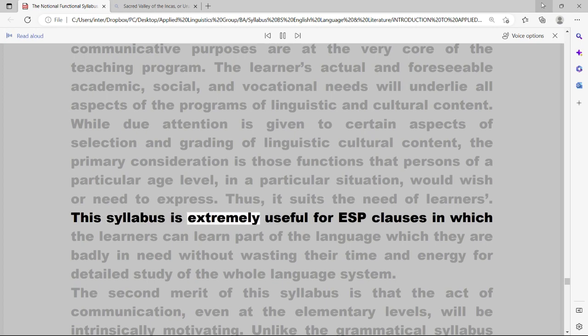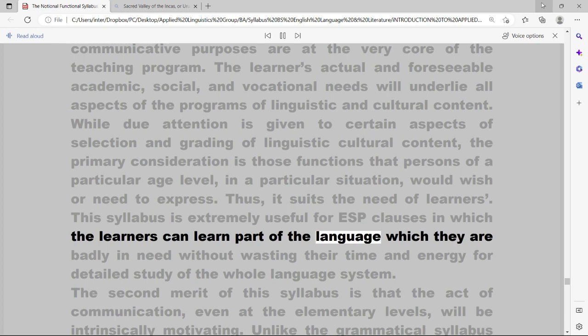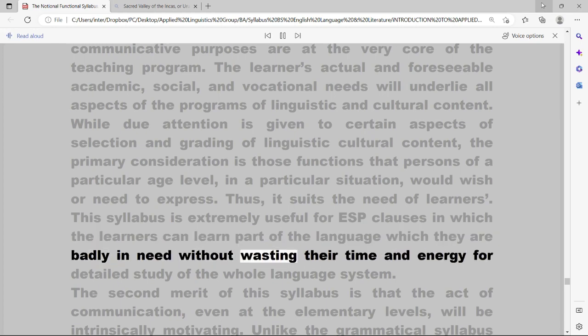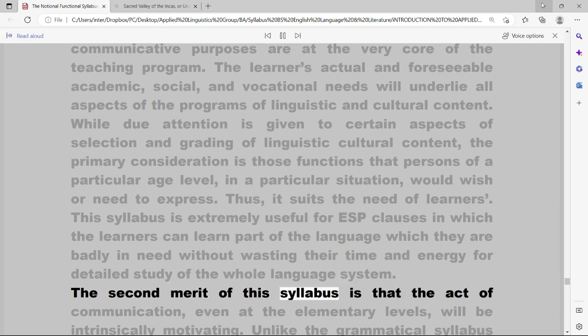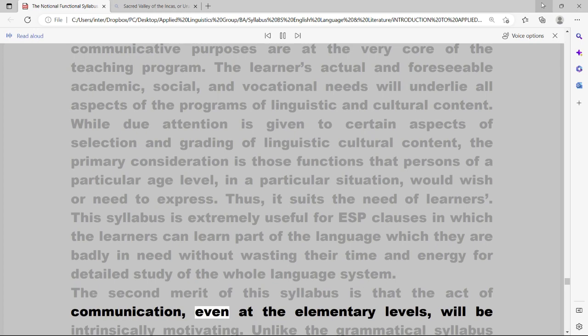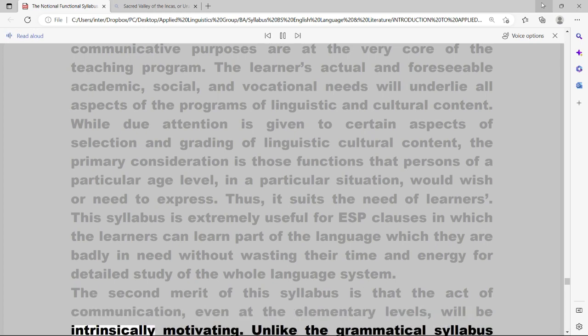This syllabus is extremely useful for ESP classes, in which the learners can learn the part of the language which they are badly in need of without wasting their time and energy on detailed study of the whole language system. The second merit of this syllabus is that the act of communication, even at the elementary levels, will be intrinsically